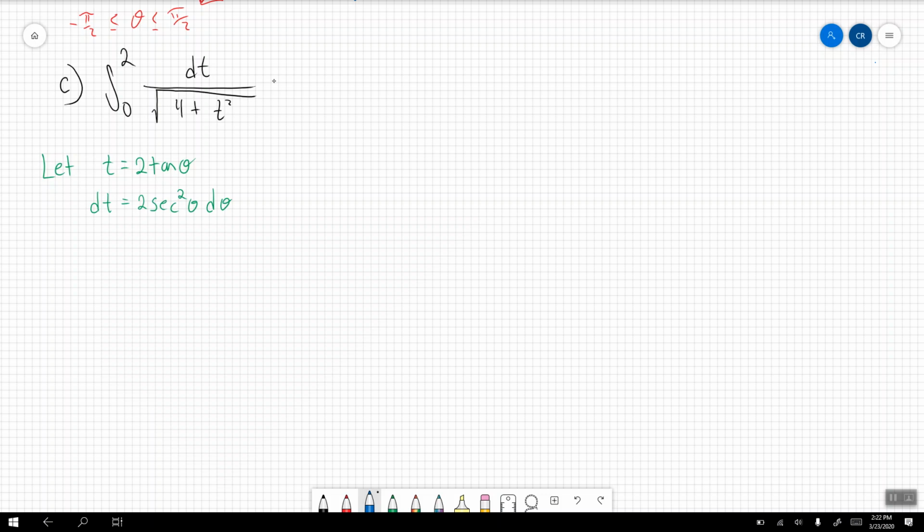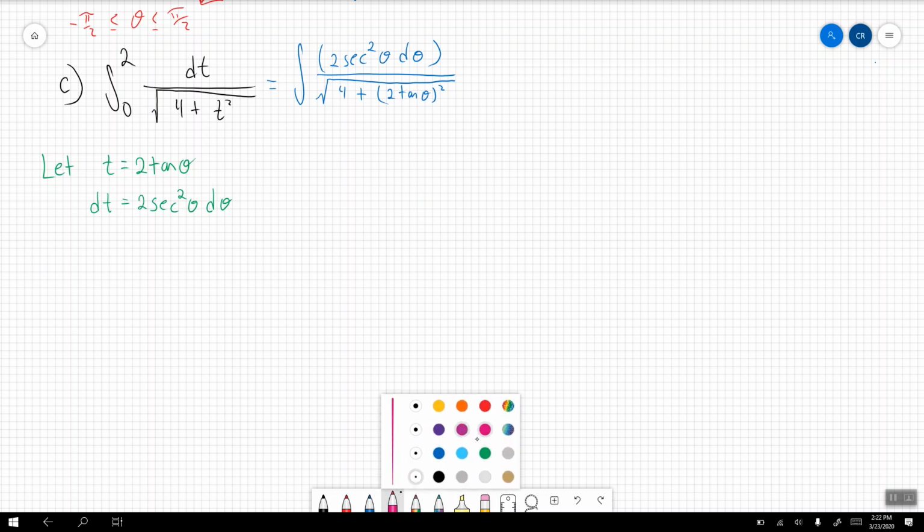And let's make those substitutions. dt, that's going to be 2 secant squared theta, d theta. Denominator, square root of 4 plus t squared. That's going to be 2 tangent of theta squared. Limits of integration, we're now going to go through the limits of integration. I'm going to re-index here. So I'm going to use, when t is equal to 0,